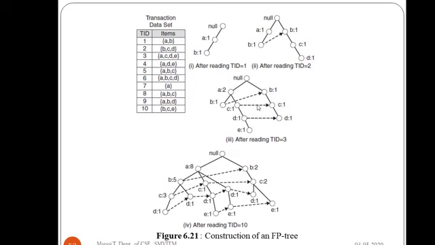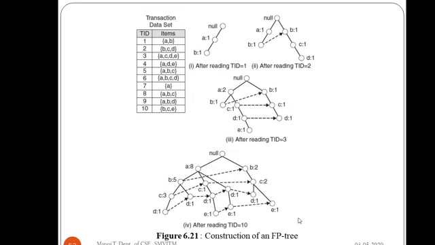pointers are given. If you take the fourth transaction ADE, it will be going here, that is the A, and a separate path for D and E will be constructed over here. At that time A will be 3, D will be 1, and E will be 1. I think that is being depicted over here in the final tree. So you can go like that with the further transactions.